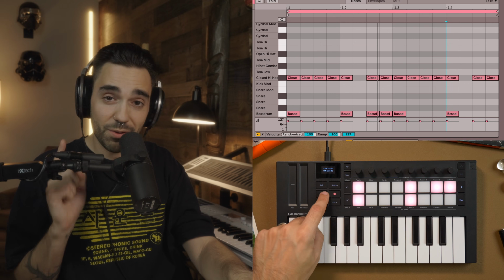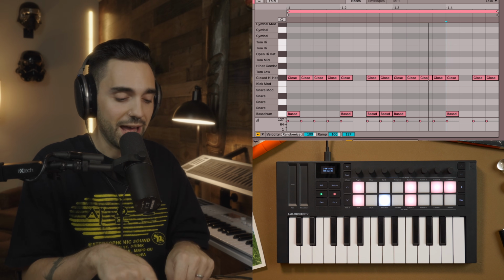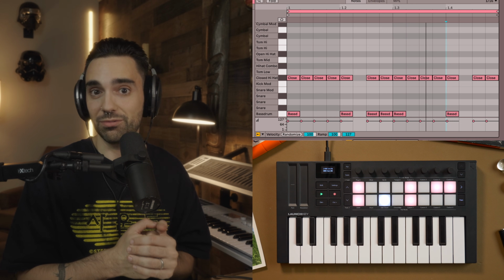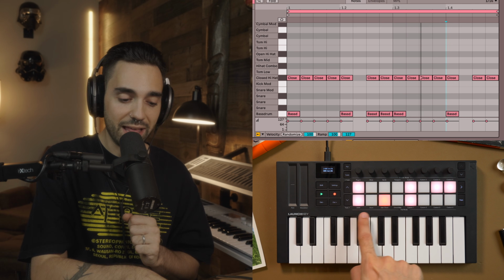It's a direct reflection of what we're making in the software. Because once again, the Launchkey is just a controller, and all the sounds and the patterns that we're hearing live in the software. Another cool thing we can do here is, even though we've sequenced all these sounds on the pads, we can actually record in real time now by pressing the record button, and you'll notice that light turns